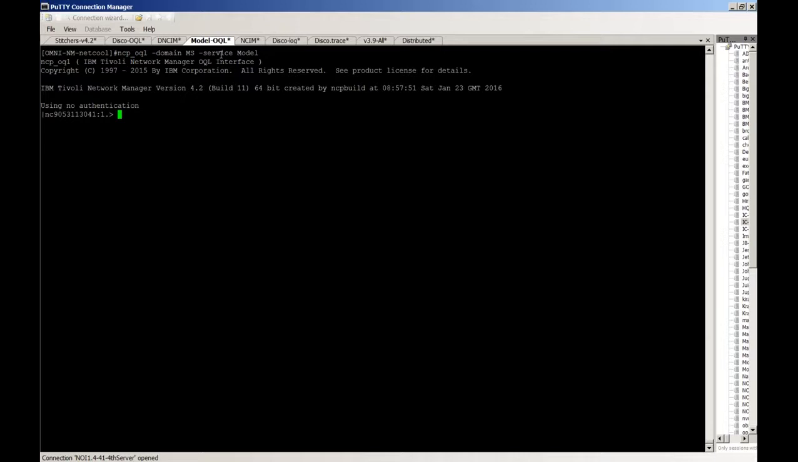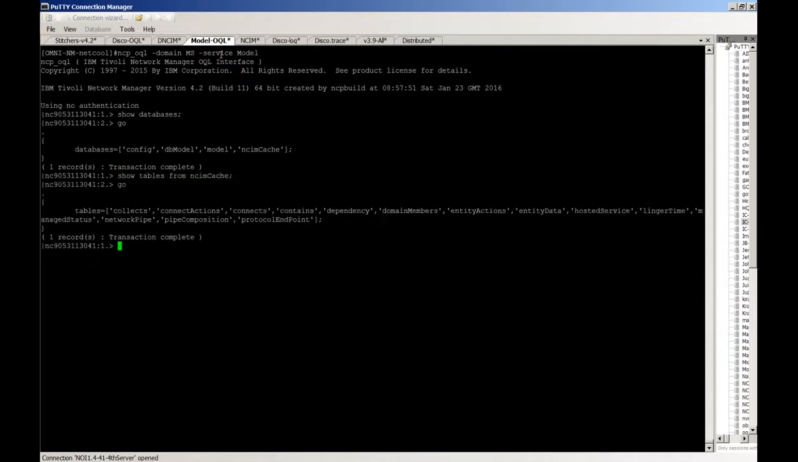Remember, the model is completely OQL-based. It doesn't have any SQL at all. So you can look for what database it has. All the data is in the NSIM cache. It's pretty much a replica of NSIM as well. So now you want to look for